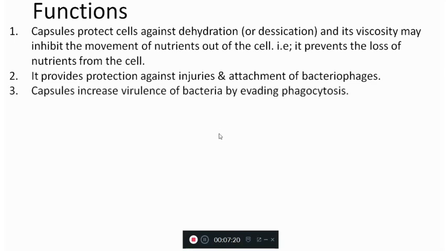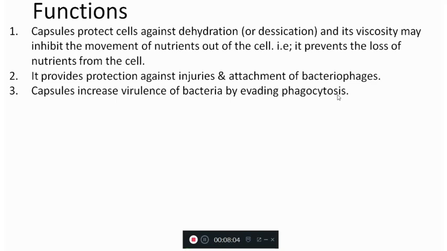Capsules increase virulence of pathogenic bacteria in our body. The capsules help the bacteria to evade phagocytosis. The first round of immune response that our body develops against the pathogens is the innate response, among which phagocytosis is one of the most important things, which is mediated by cells like macrophages, neutrophils, dendritic cells, etc. They phagocytose the incoming pathogens, and then they digest them with the help of the lysosome,